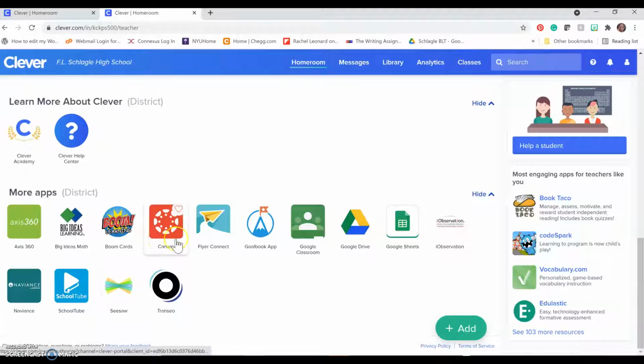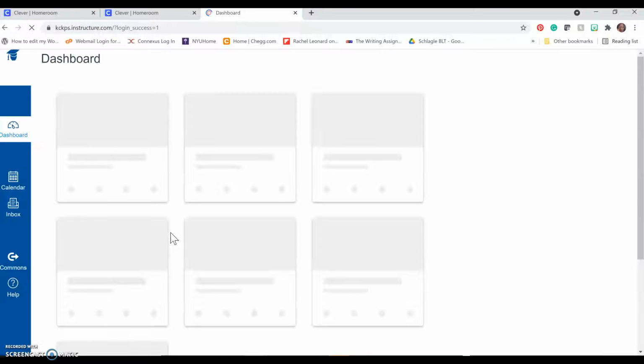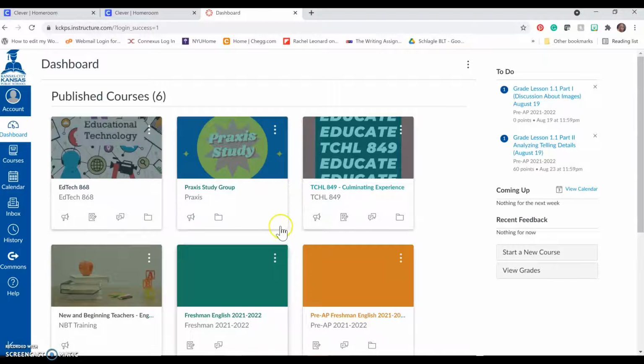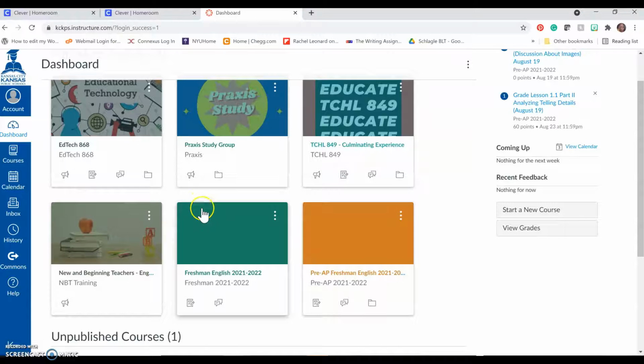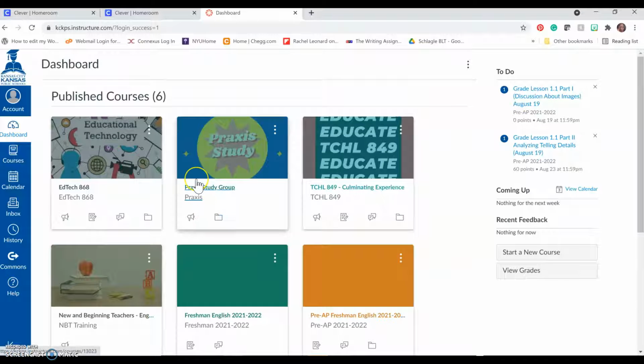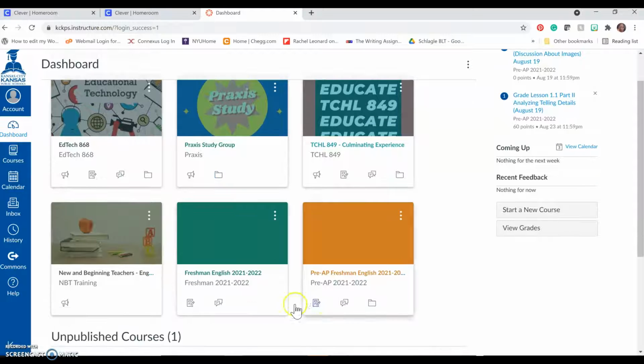Canvas. It looks red. It has all these cute looking little dots on it, right? It's a canvas. You want to click on the canvas. The next thing that you're going to do is you're going to see your classrooms. It's going to give you an option. It's called courses, right? So you're going to have all of these different courses, your first hour, second hour, third hour, etc. All right. My courses are not here that actually identify with your class just yet because I am recording this in July. So if I go over to my freshman ELA class and I click on this course,